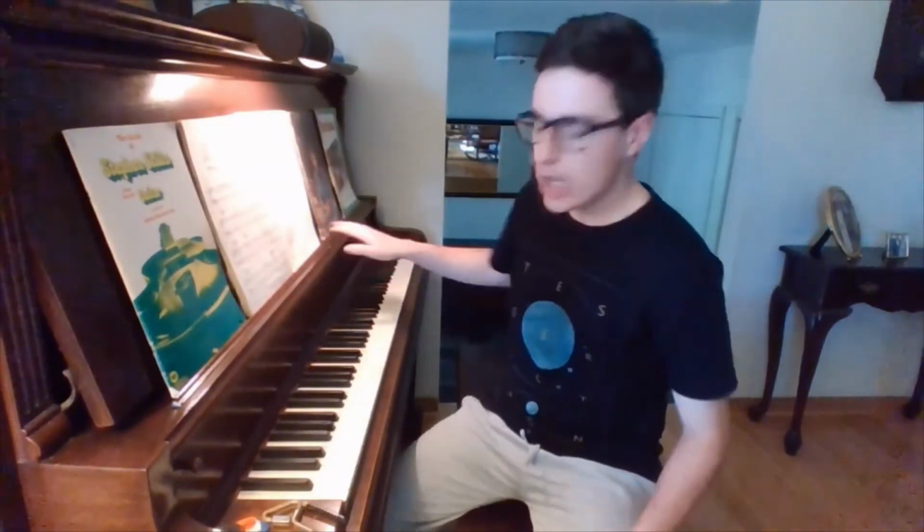You can play a note with any finger, but the best finger to use is the one that will allow you to play the next few notes as easily as possible without moving your hand all around, which can lead to awkwardness and lead to gaps in your playing. That was something that I struggled with when I first started playing the piano, but once you realize it's something you have to do,